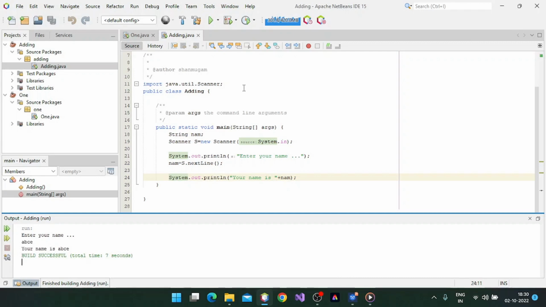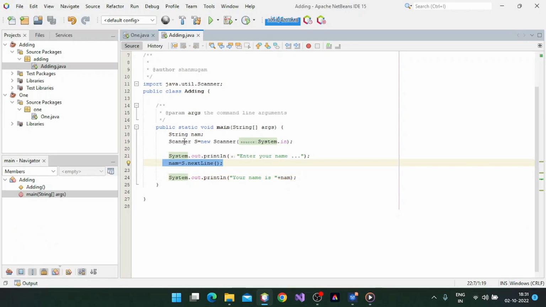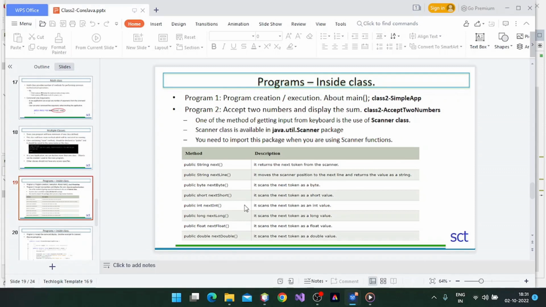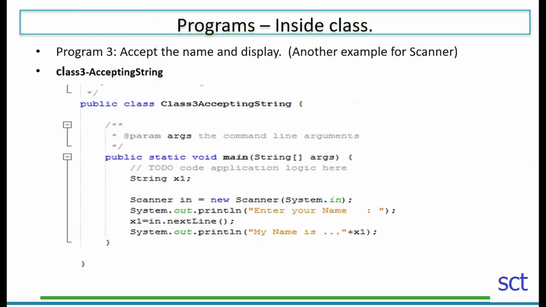So any string which you want to get from the keyboard, you can declare a Scanner object like this and use this Scanner object with the nextLine function and store the value in this, and you can use it in your program. Here I am using it for this display. So this is the third program which is explained here. Next,